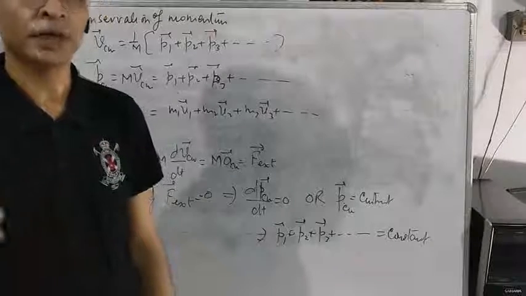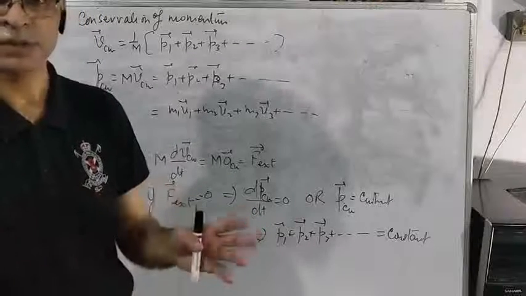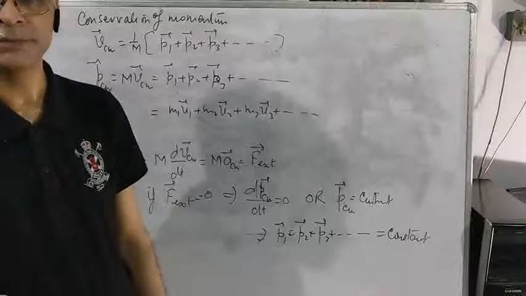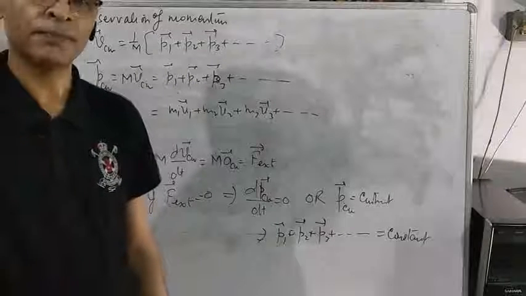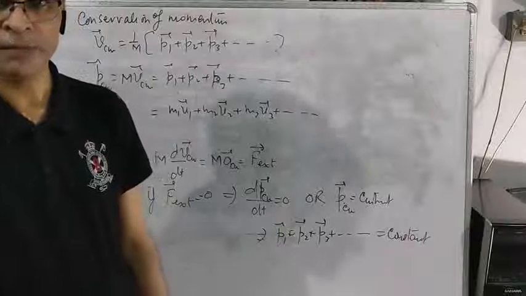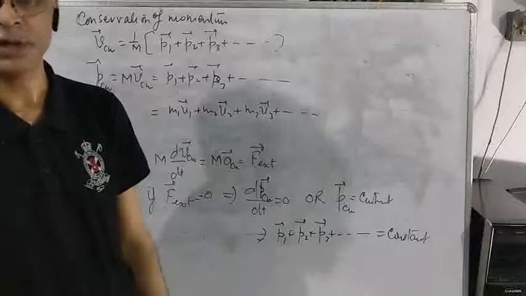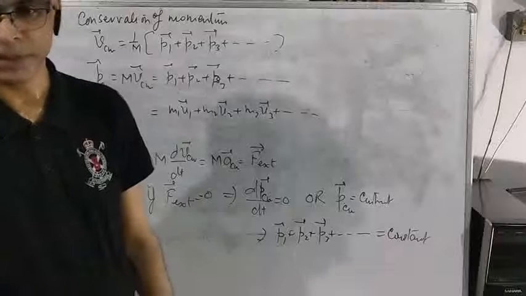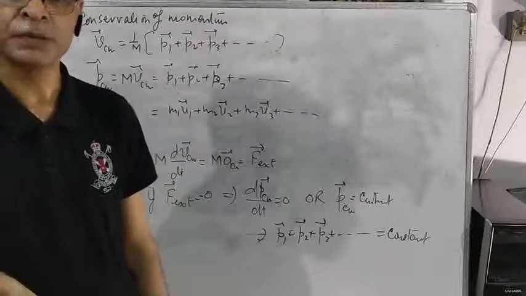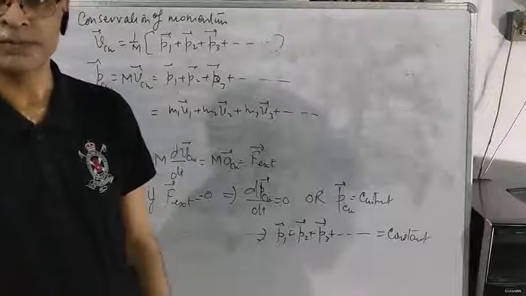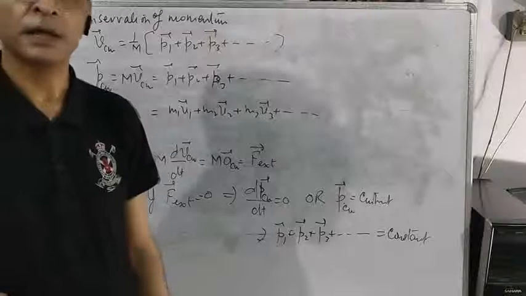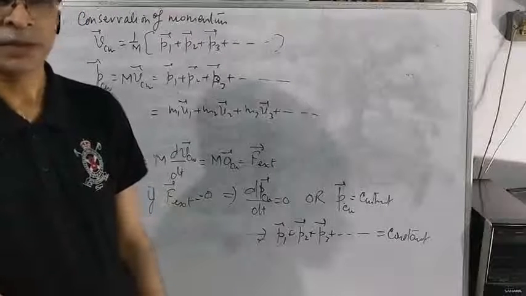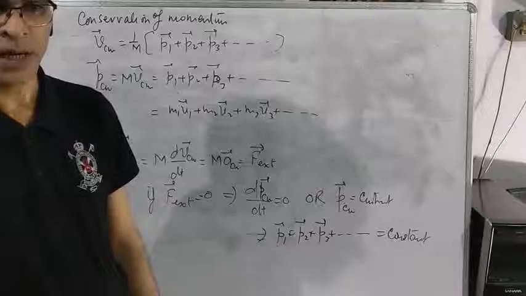When you are moving along the Earth's surface, you will find different values of center of gravity. You are going up, different value of center of gravity, going down, different value of center of gravity. So center of gravity keeps on changing. Accordingly, the position of center of gravity keeps on changing, while the position of center of mass remains fixed. So I suppose students could understand.